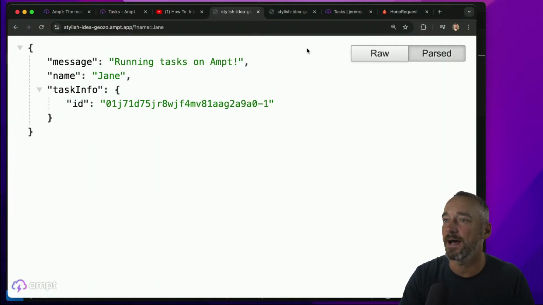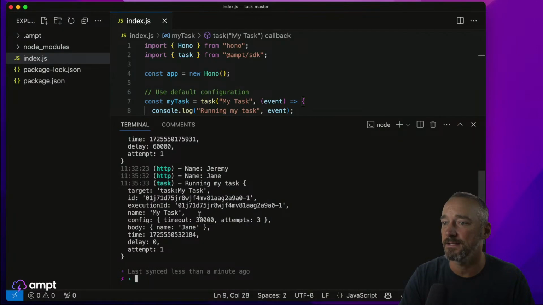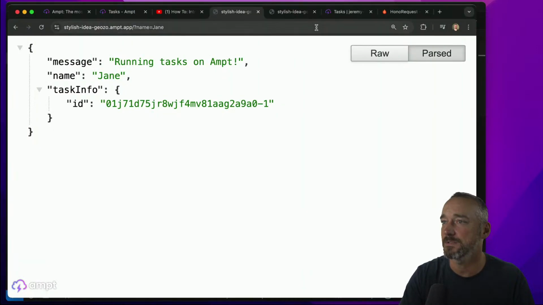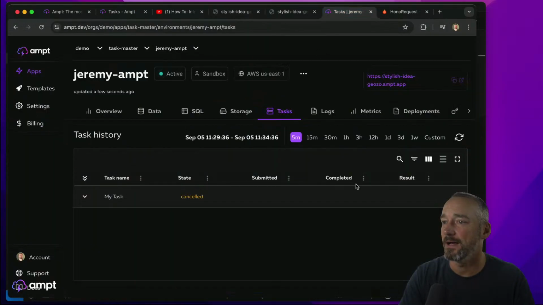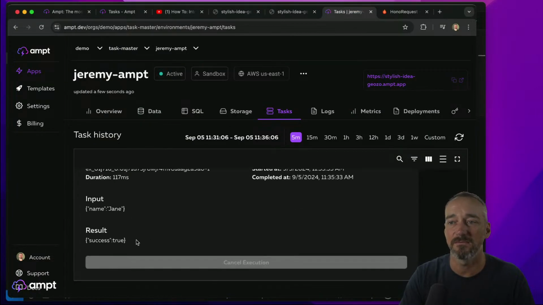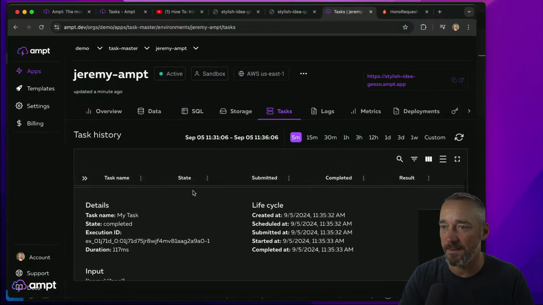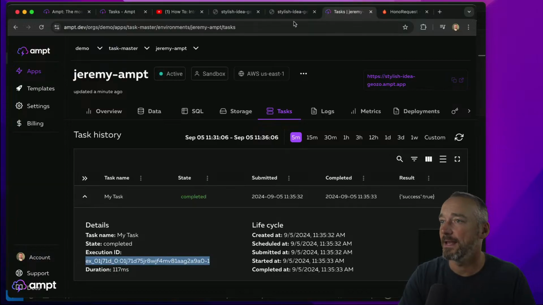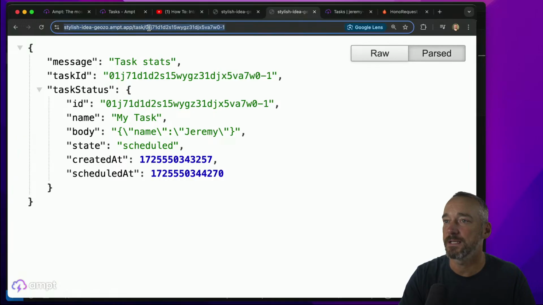And then I will go over here. I will refresh this, and now I'll see that I get this success equals true. So I can get resulting information, I can see the input, I can see if it outputted any specific information for me. And what should happen is if I grab this execution ID here and load this execution ID